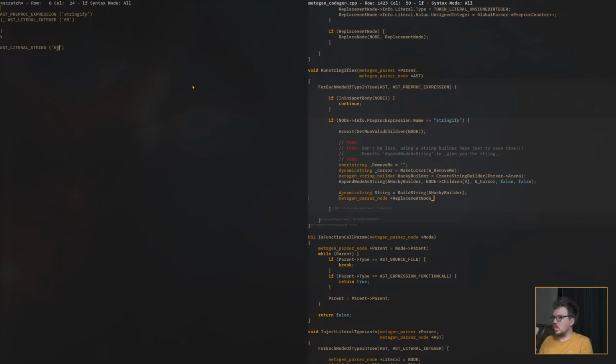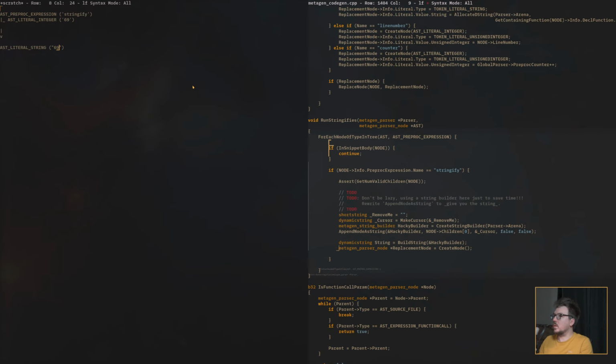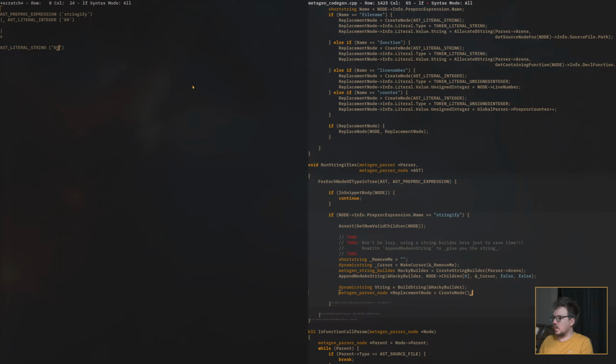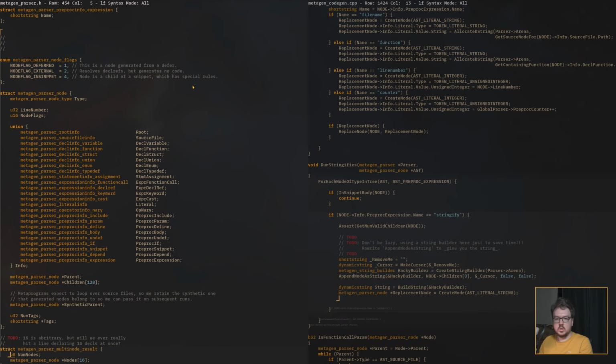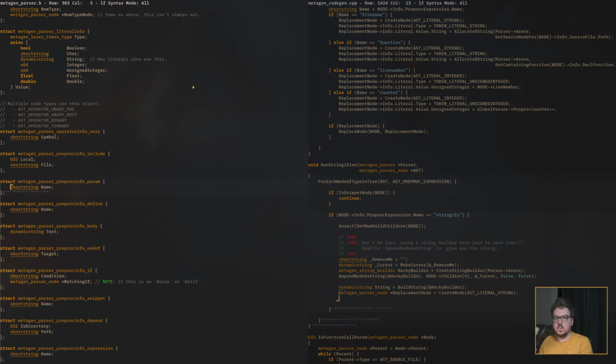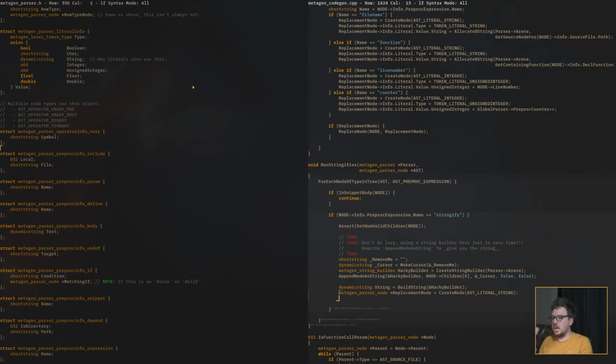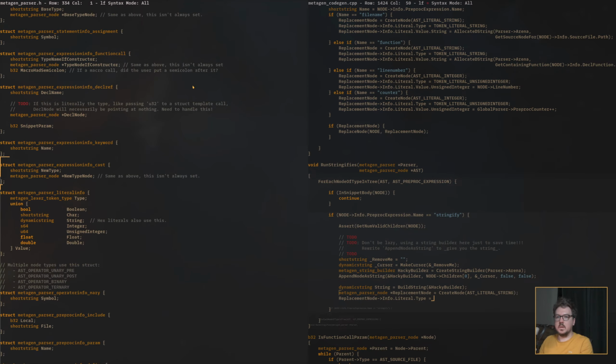Replacement node is create node on the, what does this take? It just takes the type. So create a literal string, and the string literal node takes info.literal.type. What are the types here? It's a token.